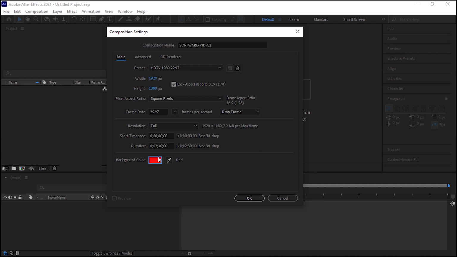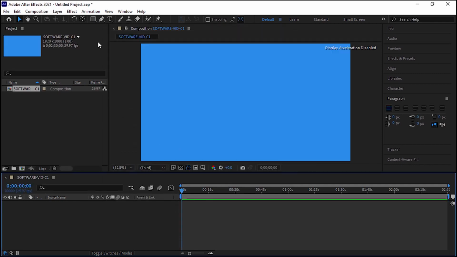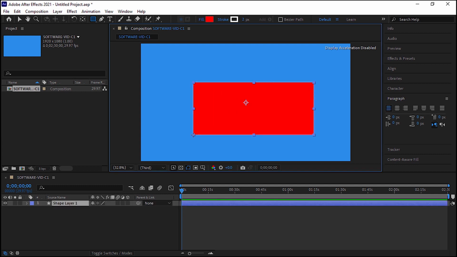The point here is that in addition to the color box of the background color, using the dropper in this box, you can sample the color from the image and set it as the background color of the image. Now I click on the OK button. This creates a new composition and its name is displayed at the top of the timeline panel, and its icon and profile are displayed in the project panel.